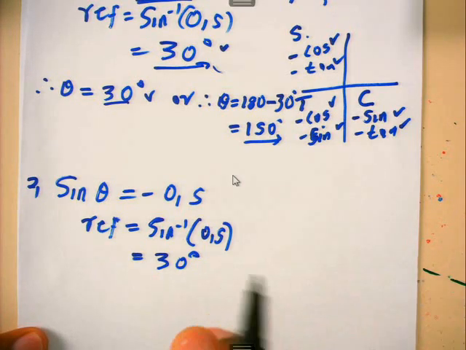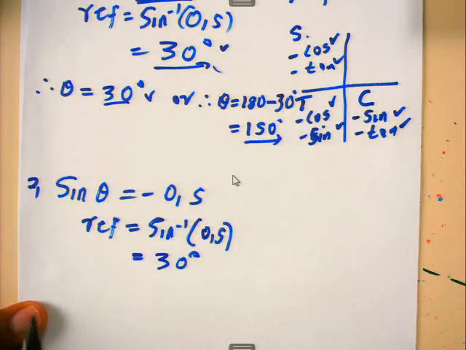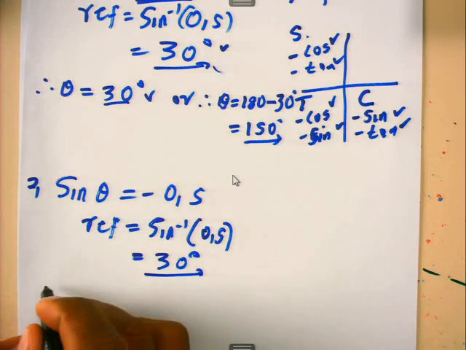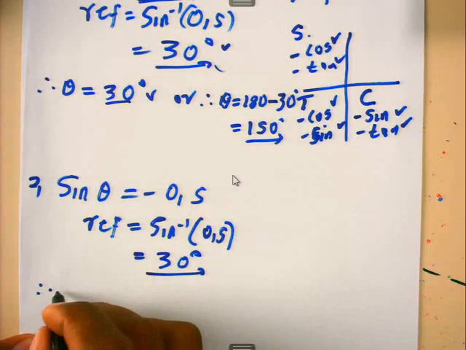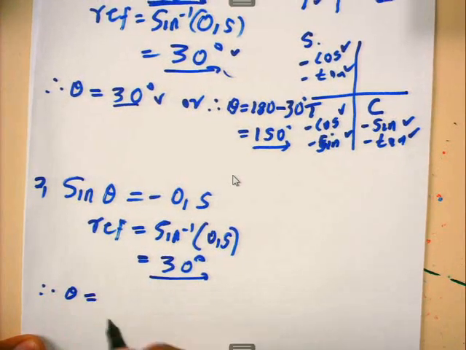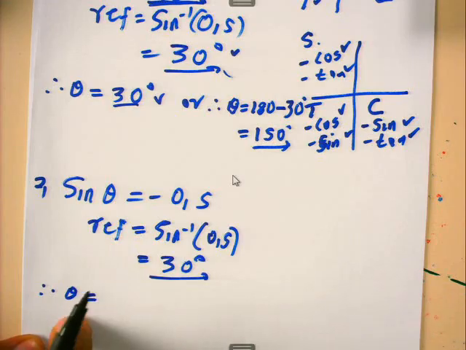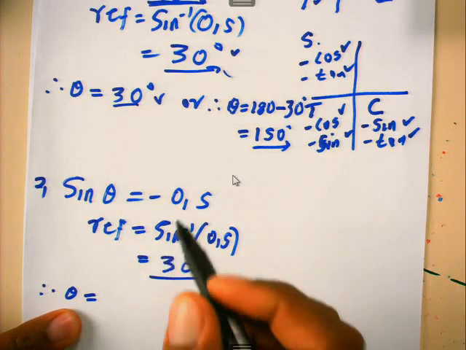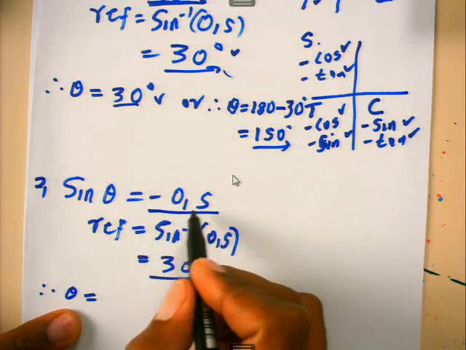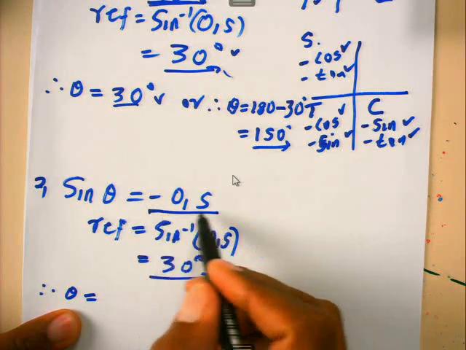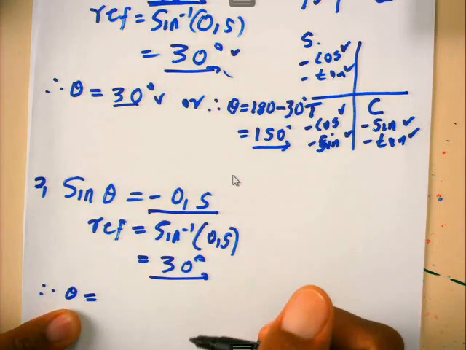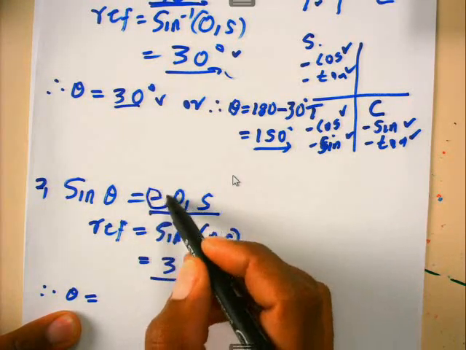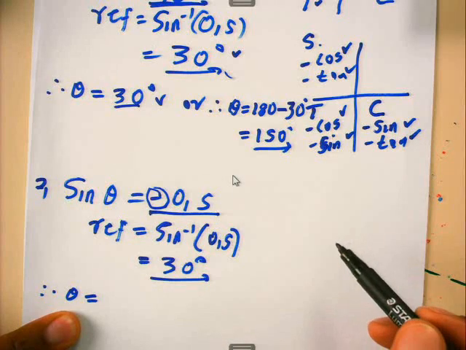Now, what is the next step from here? Remember now, this is not the value of theta. No, right? Now we are solving for theta. Now we say, okay, therefore, what is the value of theta now? Right, before we write down the answer, what is it that we must do? First, we go back to the ratio. Now we check, is our ratio positive or negative? Of course, the ratio here is negative. We have negative